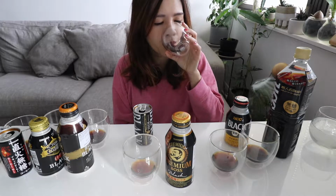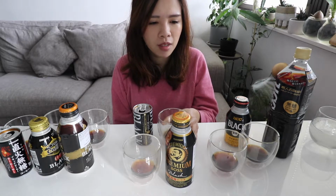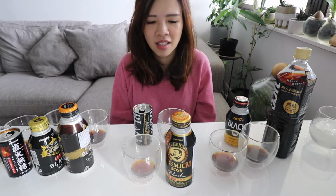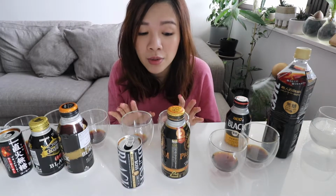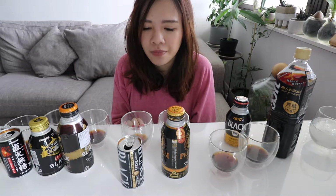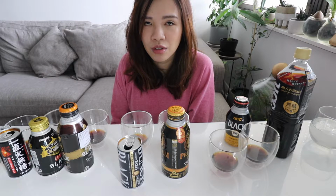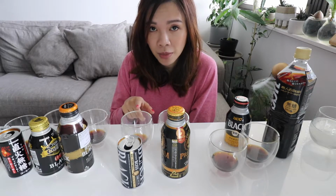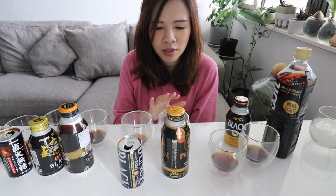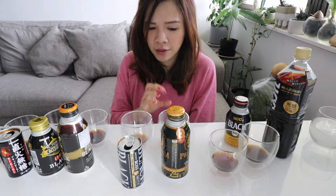I'll try it again. Yeah, maybe they make them from the same beer factory, and some of that scent gets absorbed into it. I have no idea. Between the two, I would say that they have a very slight wheat, not yeast, but wheat scent to it, similar to when you drink a beer and you can inhale it before you drink it. The regular black option has got more of a coffee blend to it. And the premium black version, it's not watered down, but it's got a slightly different taste to it and